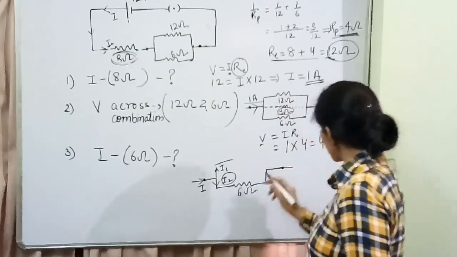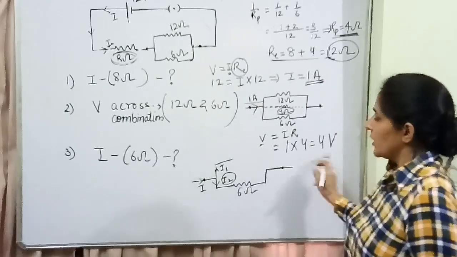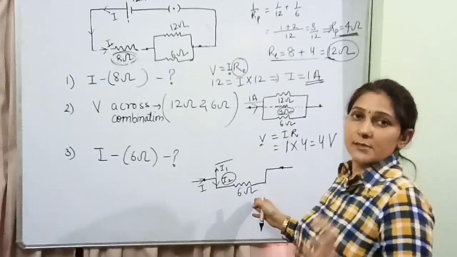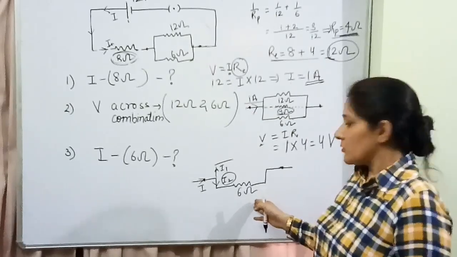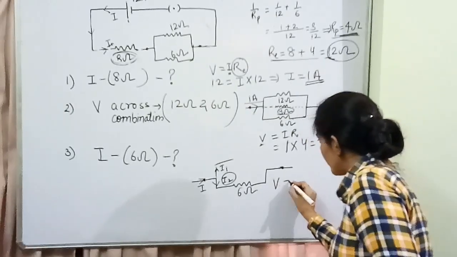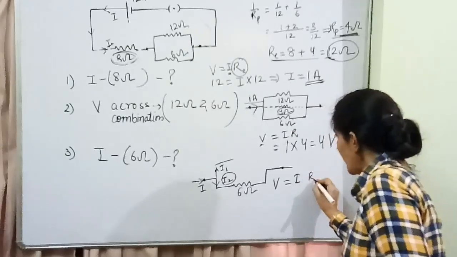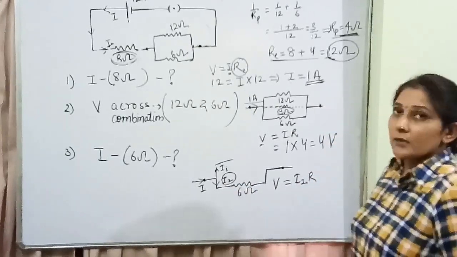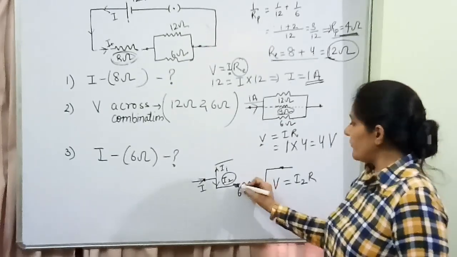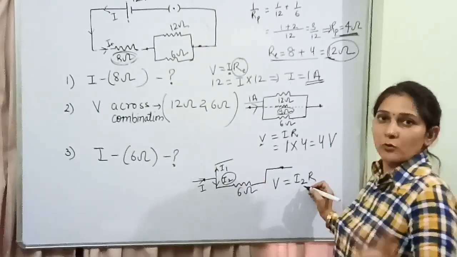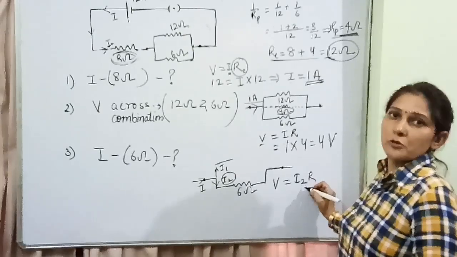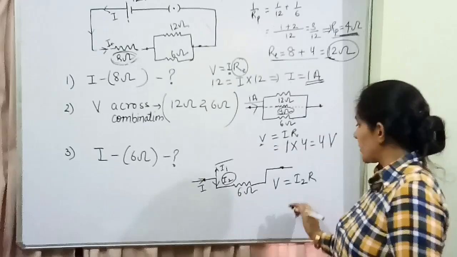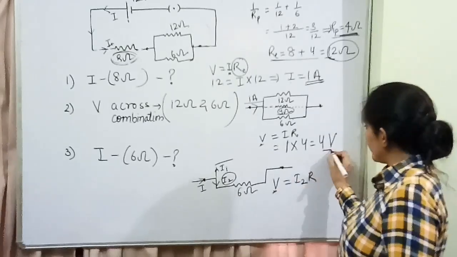आपको यहाँ I2 का वैल्यू फाइंड आउट करना है। पोटेंशियल डिफरेंस अक्रॉस दिस जस्ट नाउ वी कैलकुलेटेड दैट इज 4 वोल्ट, वो ऊपर वाले में भी 4 वोल्ट रहेगा, नीचे भी 4 वोल्ट रहेगा, बिकॉज पोटेंशियल डिफरेंस इज सेम अक्रॉस द पैरेलल कॉम्बिनेशन। ओके, सो अगेन अप्लाई द फॉर्मूला V is equal to IR, here value of I we can take as I2 because we are talking about this is your denotion बच्चे। अगर आप यहाँ पर I1 लिखेंगे तो आपके आंसर में यहाँ I1 आएगा, उससे कोई बहुत ज्यादा फर्क नहीं पड़ेगा, वैल्यू शुड बी सेम। आप जो डायग्राम पर डिपिक्ट करेंगे उसी के अकॉर्डिंग आपको मार्क्स मिलेंगे। ओके, सो V वैल्यू वी कैलकुलेटेड फ्रॉम हियर,